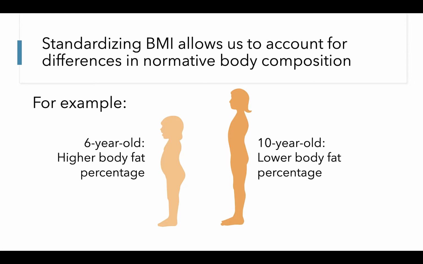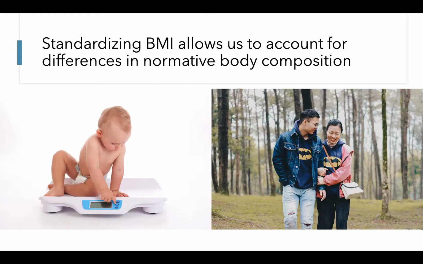These silhouettes illustrate differences in normal body composition for a 6-year-old who has much higher body fat percentage compared to a 10-year-old who has a much lower body fat percentage. As you can see in the silhouettes, the 10-year-old is much longer and leaner than the 6-year-old. These differences would be even more pronounced if we compared an infant to a teenager. Thus, by standardizing BMI to sex and age-specific references, we're able to more accurately interpret children's weight statuses in ways